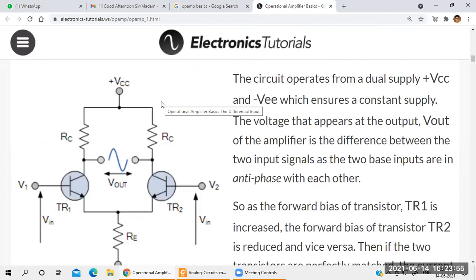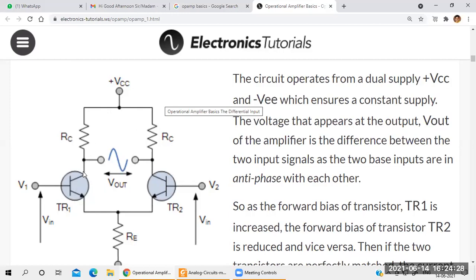But inside the op-amp there are two transistors. Which transistor are they connected here? BJT. If you want, you can connect FET also, no problem. But here they gave BJT. They have taken two BJT transistors in parallel form here. So collector, where is it connected here? VCC. Both transistor collector terminals, where are they connected here? VCC, by using the two load resistances here.